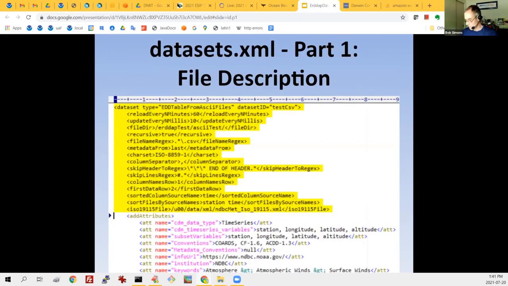So I'm going to show you the chunk of XML for a data set and describe it in the first section. The data set's XML has three main parts. This first part describes how to read the file. The data set tag at the top